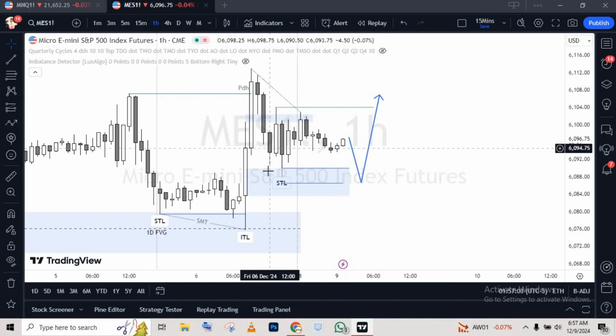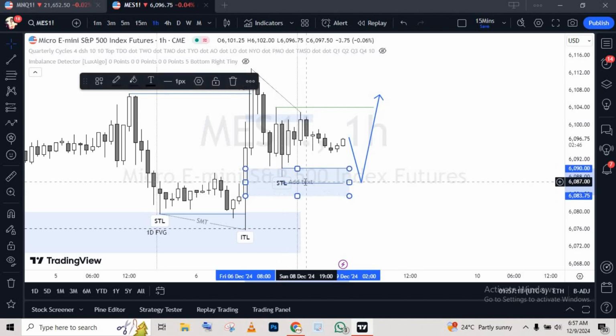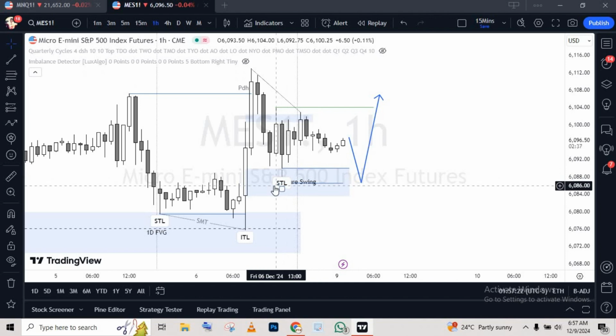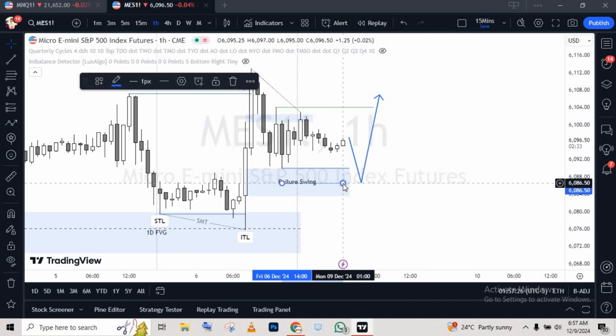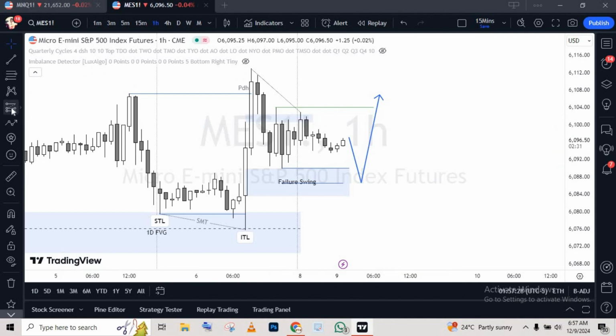We already hit 0.62 here, but I'm looking for a much deeper manipulation on this short-term low right here, and then pretty much that is it. So what I'm looking for inside of this OTE zone is a failure swing. Okay, and we already know that this is a short-term low. Let me just take this out, and that is 0.71. So yeah, I'm looking to take a trade from 0.71,